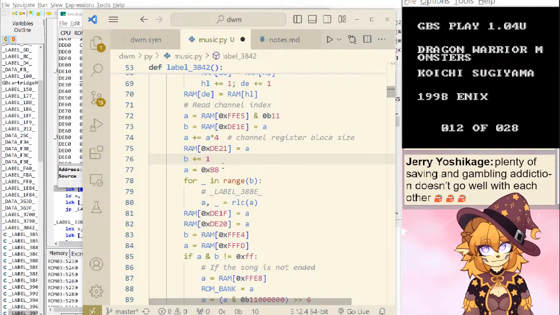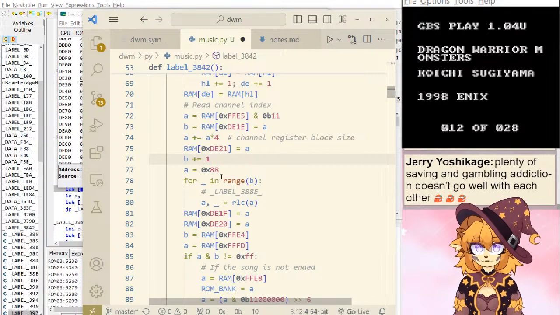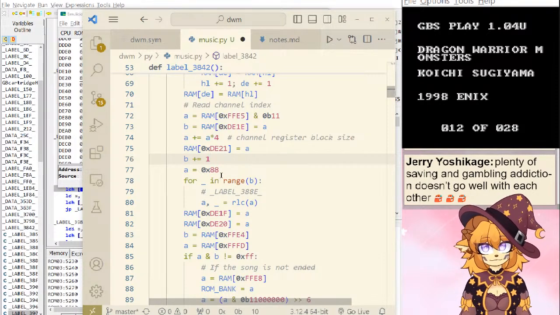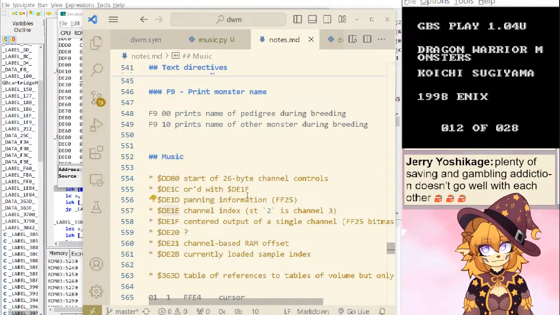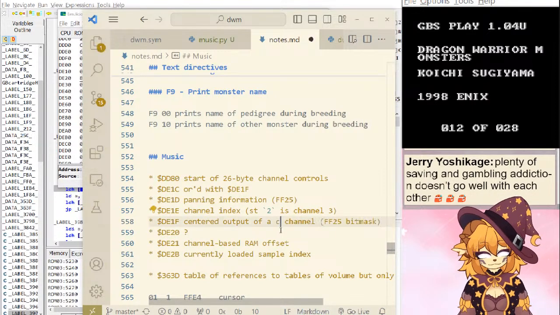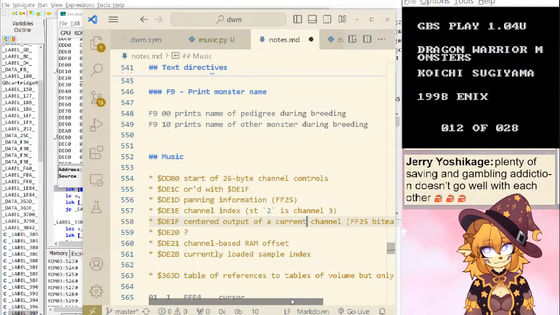So it would be, so if this is 0, then we want to loop once. It goes to 1, yeah, channel 1. So this is the current channel specifically.